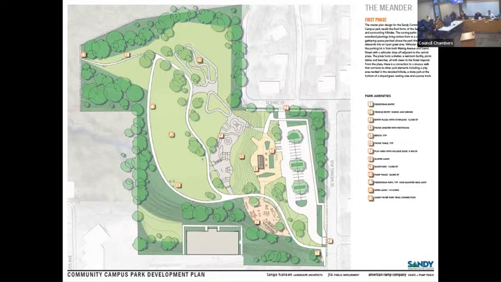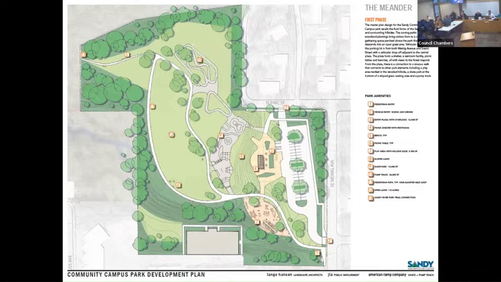So you'll see the south side of that skate park is more that street style skate park that we've talked about in the past. And then the north side has those bowls and transition style features. That bowl also can flow into what we call a beginner loop of the pump track. So it's a really nice connection and transition between the bowl for the skaters and also a separate area for little kids that maybe want a less crowded place to learn how to ride their bike, learn how to ride a pump track.